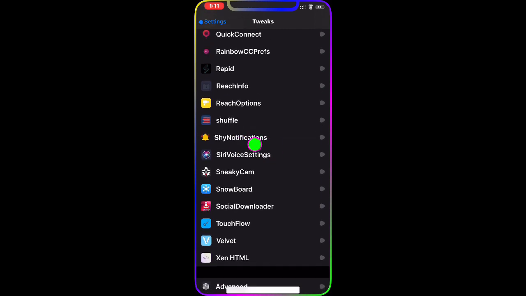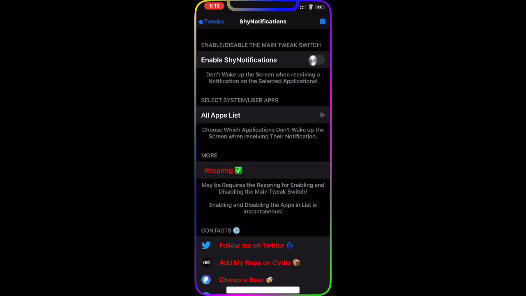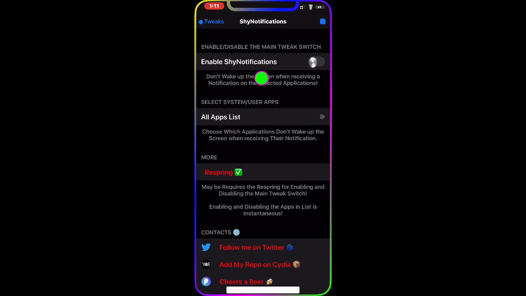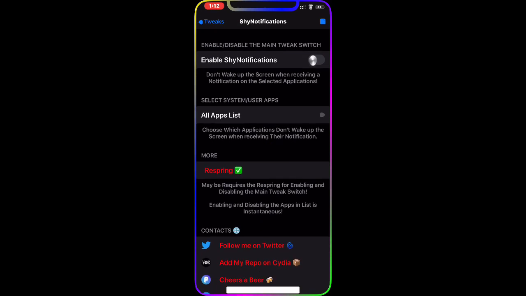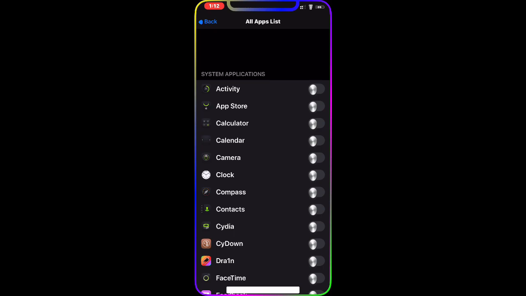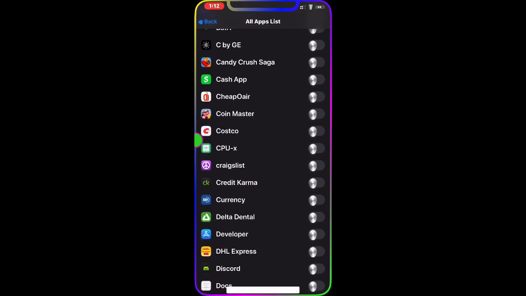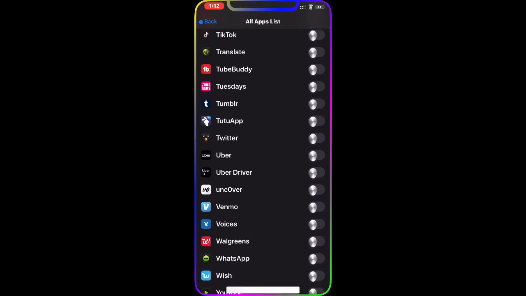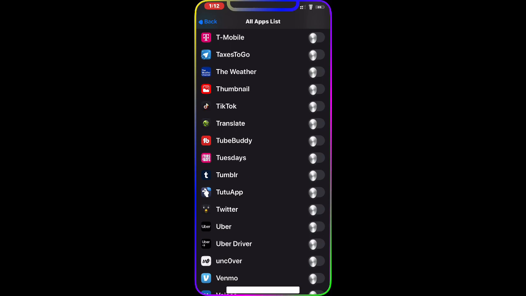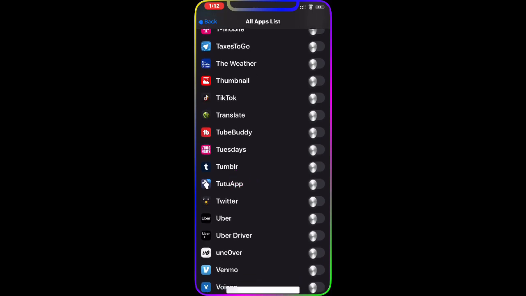So as you guys can see right there, Shy Notification. As of right now, once you download it, that's what it's gonna look like, and you only have two options. You enable this, and once you enable it, you go to the all apps list. Once you click on that, from here you have access to all your applications on your device. So let's say I don't want to get the notification from Tumblr. All I have to do is toggle it on, and then go back, and all you have to do is respring,